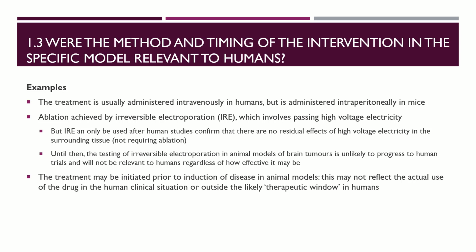So the treatment may usually be administered intravenously in humans, but is administered intraperitoneally in mice. This can change the way the drug is processed and can have implications for effectiveness and safety. The second example is